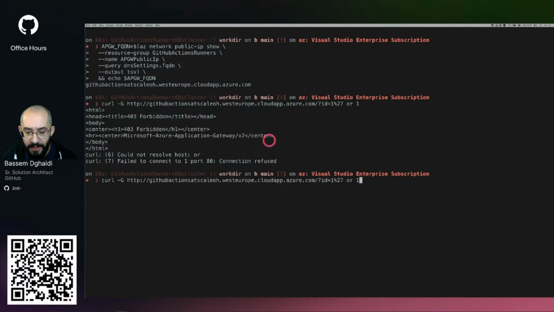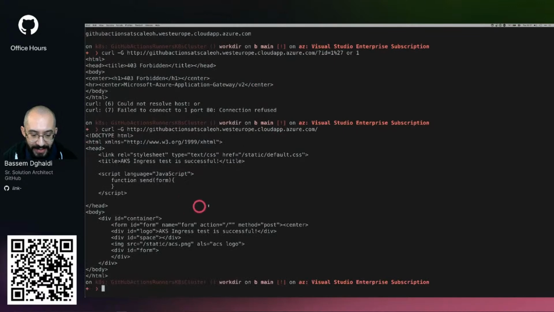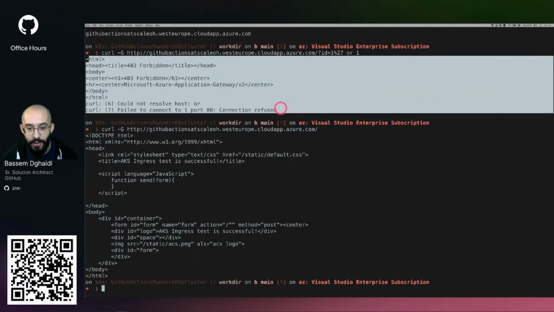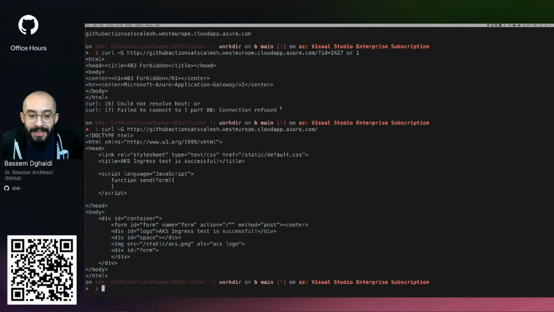And for us to verify that this is just not the default behavior, I'm going to make a request to my test app. And as you can see here, because the request is okay, it goes through. I get the proper response that I should be expecting. And this basically means that our web application firewall has been configured properly, and it is preventing or blocking attacks